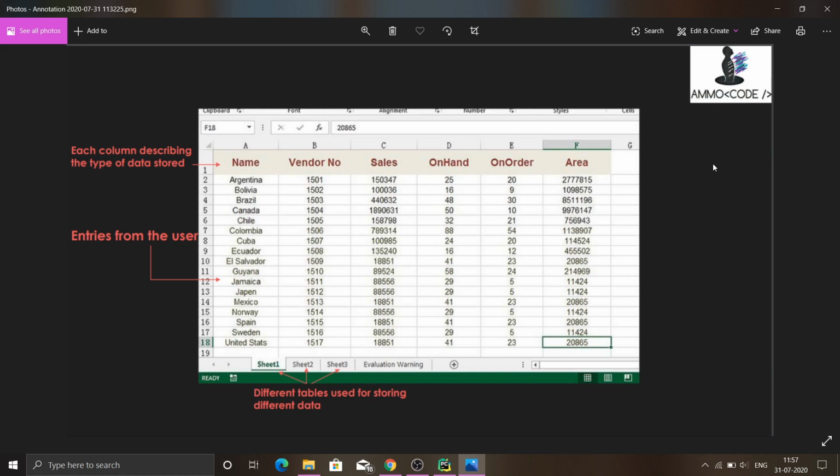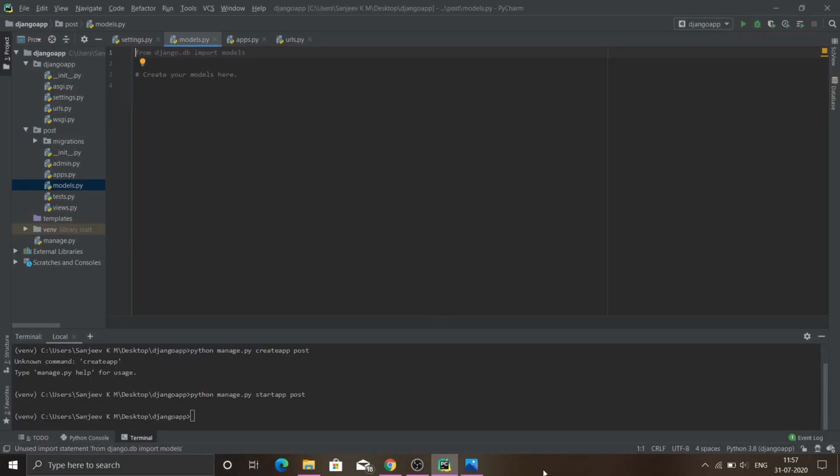So okay, using our Python model, we are going to interact with this database to gather some stuff, put some stuff into it, and other such functionalities. We are going to use our Python models to do those. So let's see how to create a model in Django. All our logic for models will go into this model.py file in our post application.